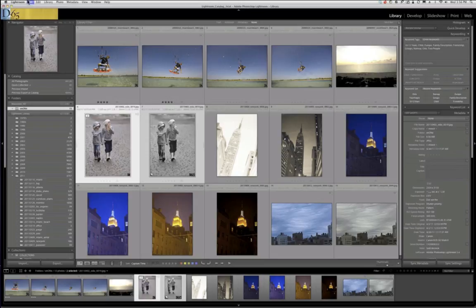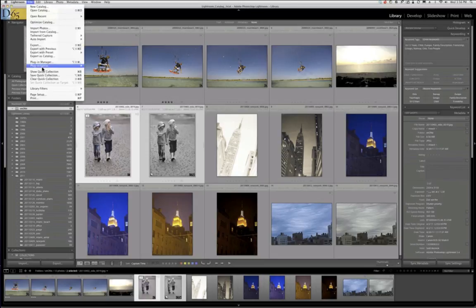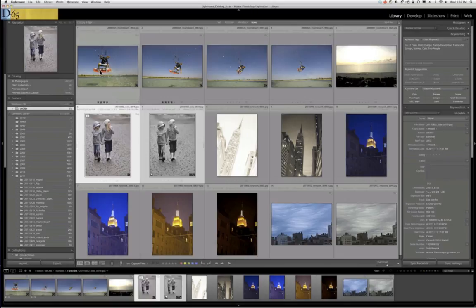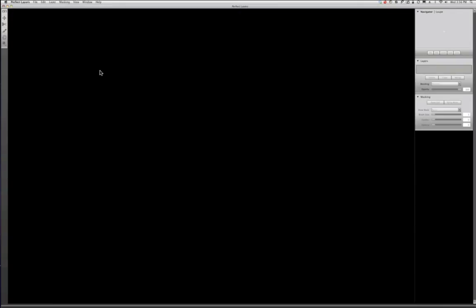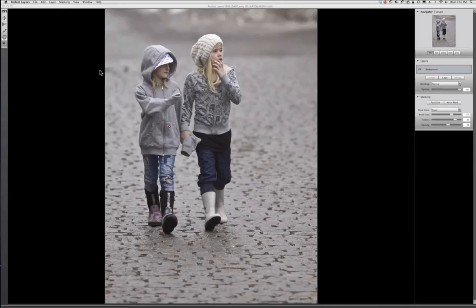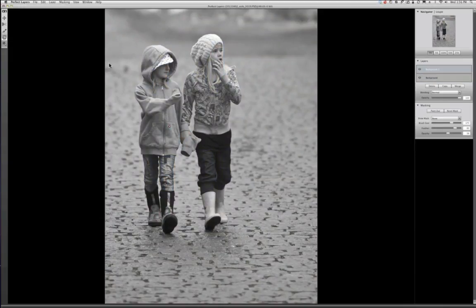and I'm going to go to Perfect Layers. And these are on raw files, and this is all beta stuff, so hopefully everything will work just perfect. And then what's really neat is I'm going to basically combine part of the color with part of the black and white. So if I want to, for example, add a little color to the faces,